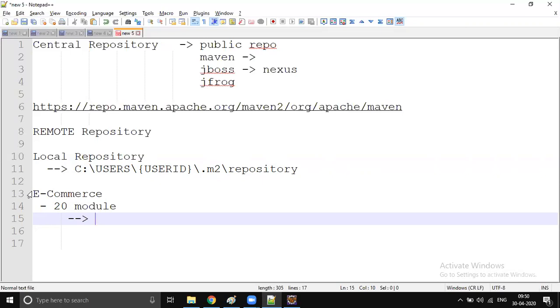So there are a minimum of 20 Maven projects, and obviously more than 20 because we have some core module, util module, and so on. So 20 Maven projects for one e-commerce project.